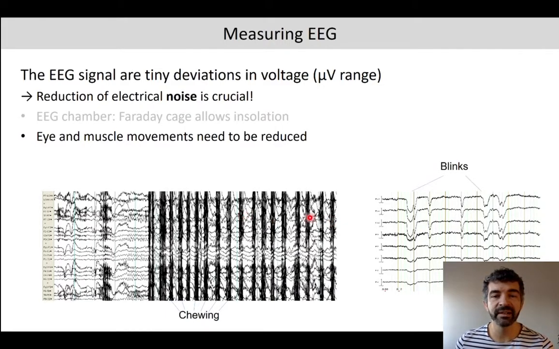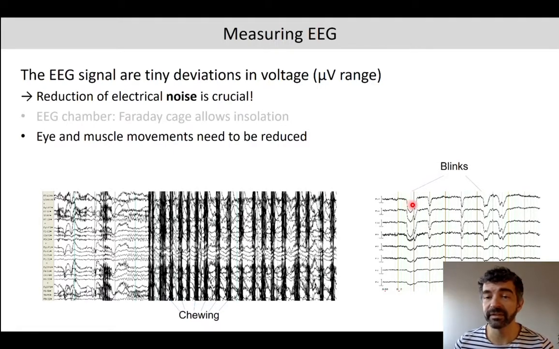Another thing the EEG signal is affected by is, for example, blinks. So, for example, here you can see that the participant blinks a couple of times, and this can cause a distortion in the magnetic field as well. The eyeballs are little dipoles themselves. The back of the eye, the retina, is more negative than the front, the iris. And in sum, what this means is that whenever you blink or when you move your eyes, there will be